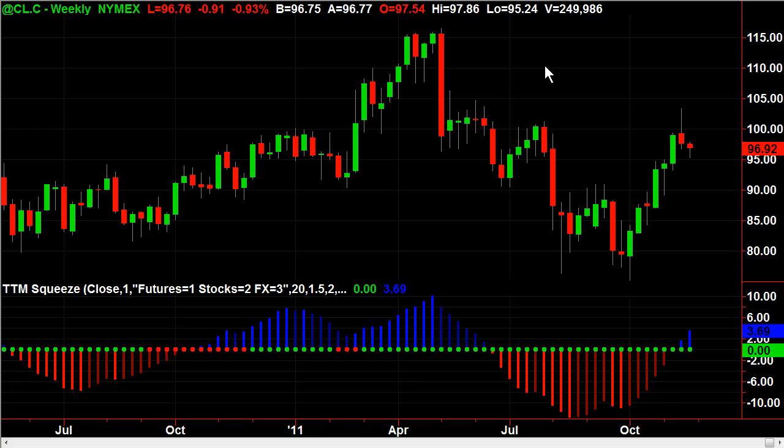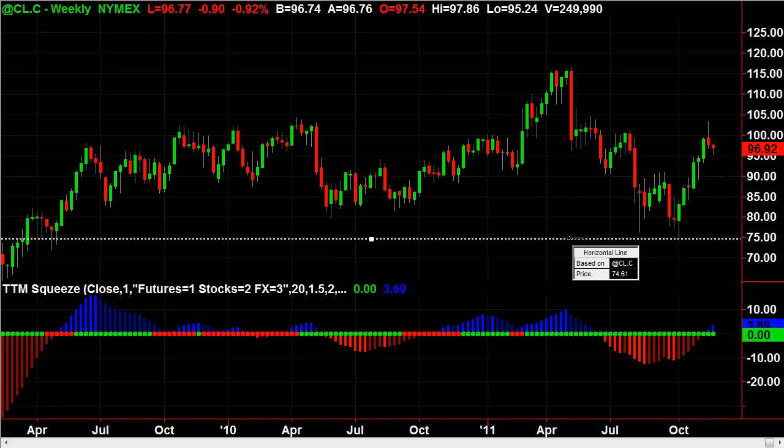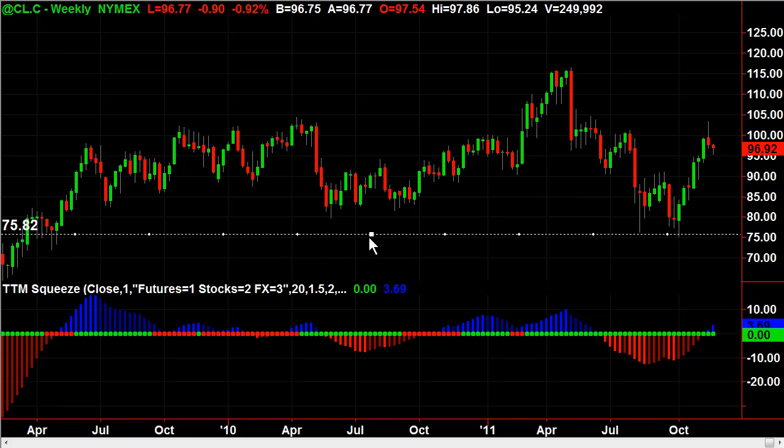So right now I'm looking at a weekly chart of crude oil. So this is WTI, West Texas Intermediate. All right, so what we're going to do is we're going to put a horizontal line. You can see there's 75. You can see a line at 75. Then we're going to go new parallel line, and we're going to say, okay, here's 100. Right there is 100. So now you can see, as I start to draw on the chart here, you can